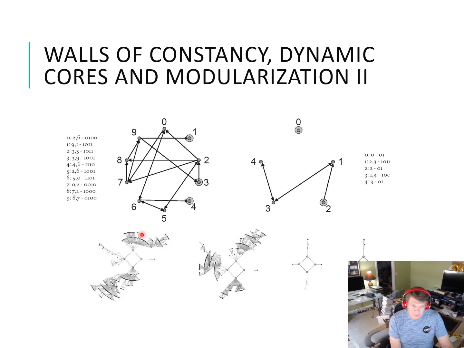So if we evolve this particular system forward, let's say we pick our initial conditions so that we end up on this particular attractor. This is a period 4 attractor. If we then identify the nodes that have become frozen, i.e. fixed at 0 or 1, and remove those, we end up with this network.